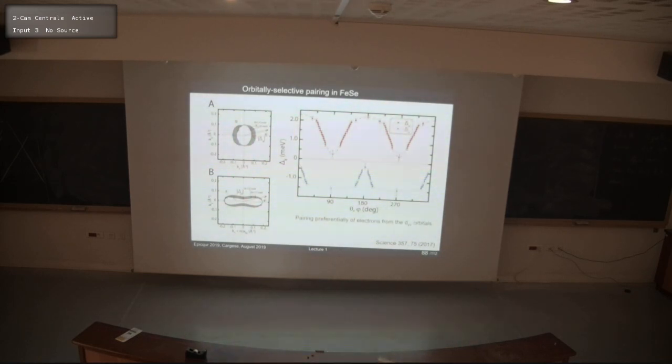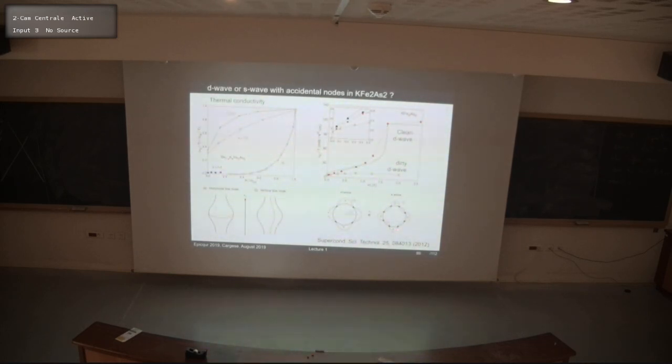Again, not only do the orbital degrees of freedom play a role in the nematic order, but also potentially in pairing in these materials. And sometimes a proposal for d-wave has been suggested in potassium iron arsenide,